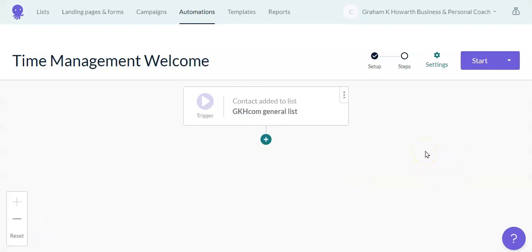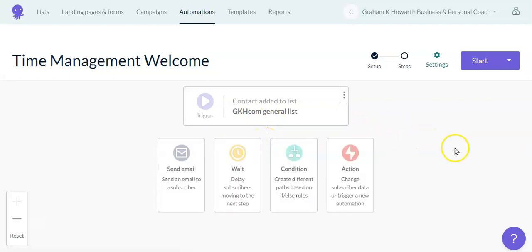Now we'll look at putting other steps into our automation, and you do that by selecting the plus sign here. When we do that, it will come up with 4 different options at the moment. Now Email Octopus are making changes to their systems all the time, so when you come to look at this there may be more options, but for the moment this is what we have. And we're going to use these two here. We're going to put a slight delay into sending the emails, then we're actually going to send the welcome email. The condition and the action one I'm not going to look at in this particular video. I'll cover those in another video.